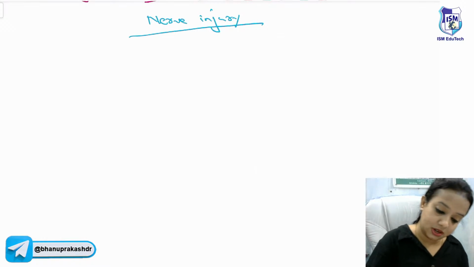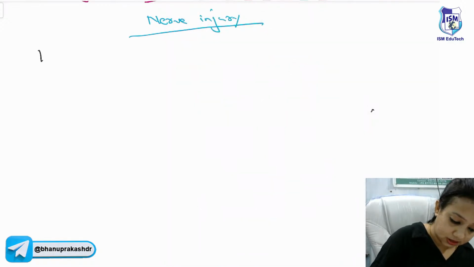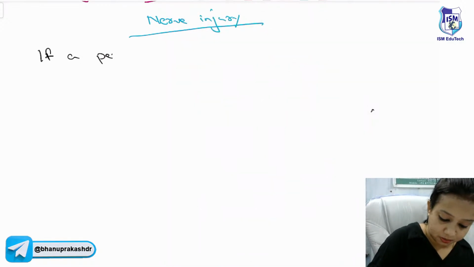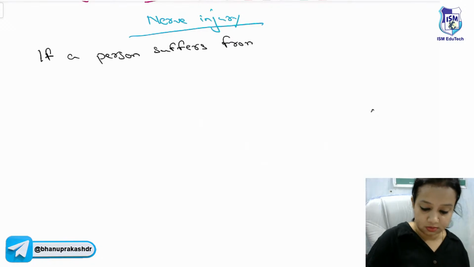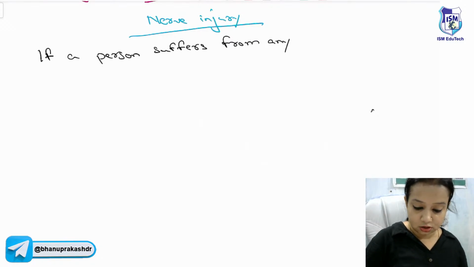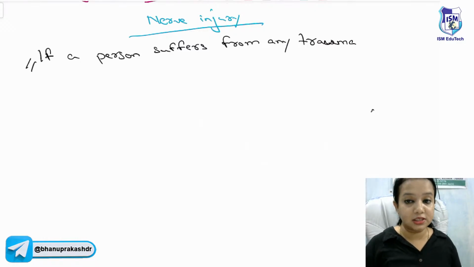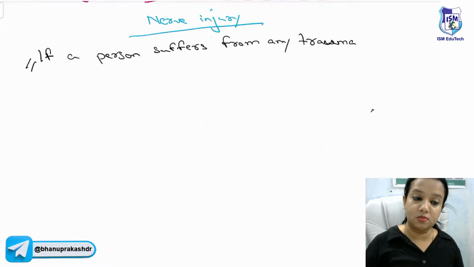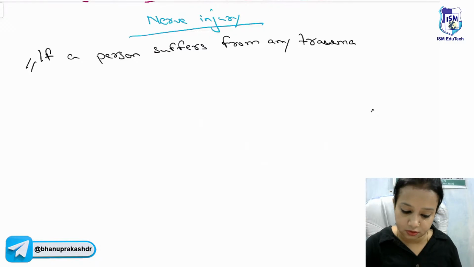Say for example, if a person suffers from any trauma, like there has been a fracture of the hand, or there has been a mob lynching in which his bones got broken, any kind of trauma,